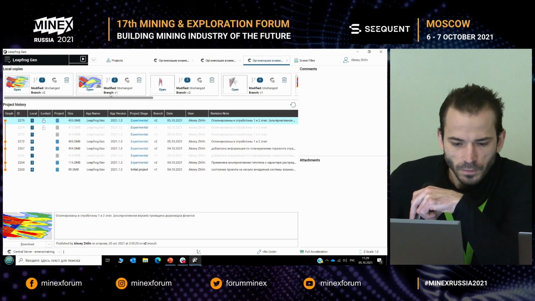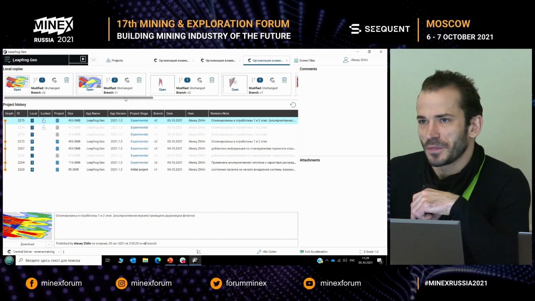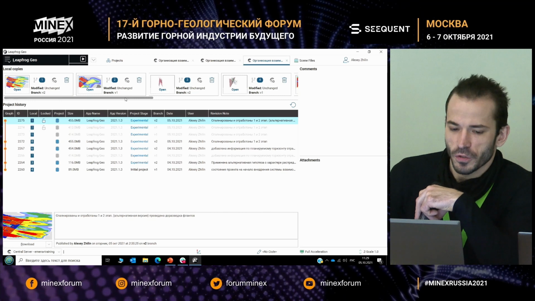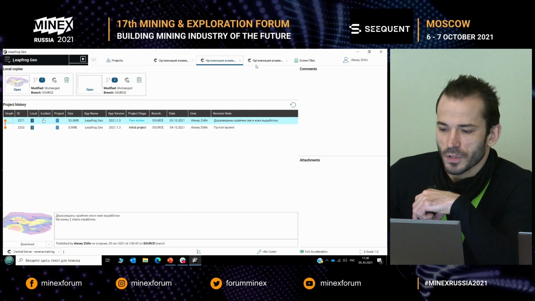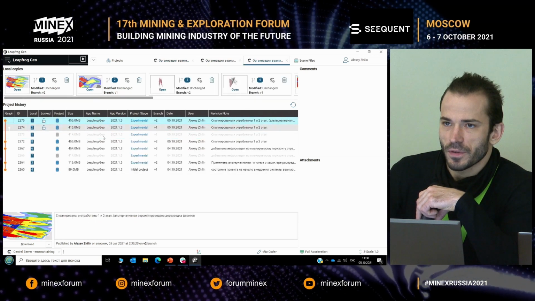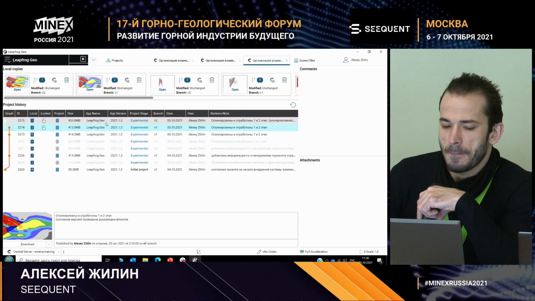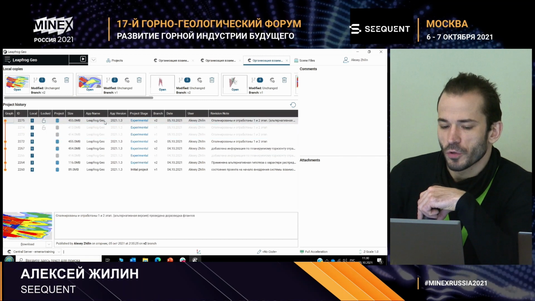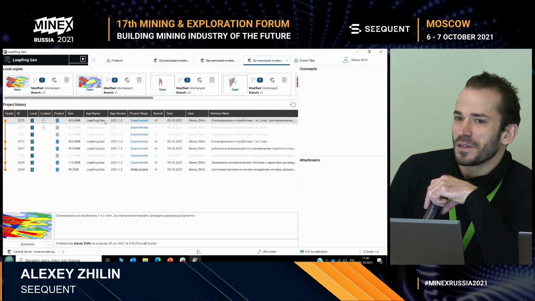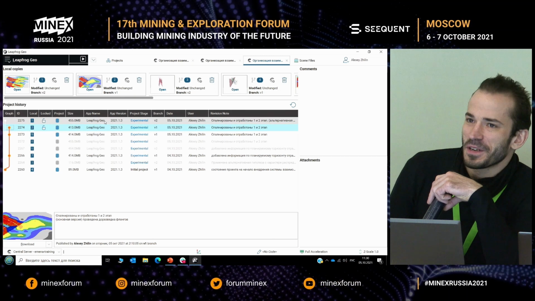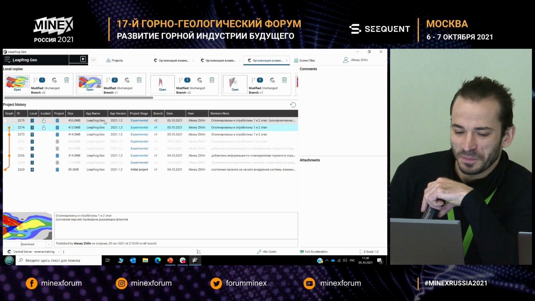So, dear colleagues, let's continue. We'll go ahead. We have four projects that we are carrying out in one digital space. We'll start with the major project, the geological department. Here you can see the tree of the project. You see there are two hypotheses that we consider. There is not a single solution among the geologists. And we have two versions, and we're working on these two versions in parallel.